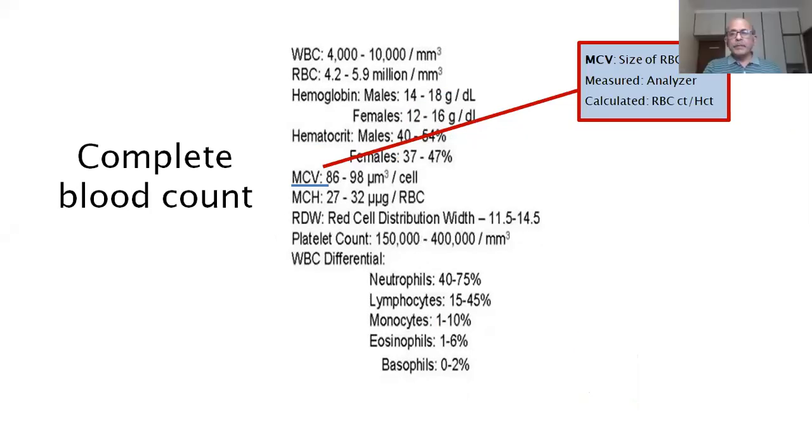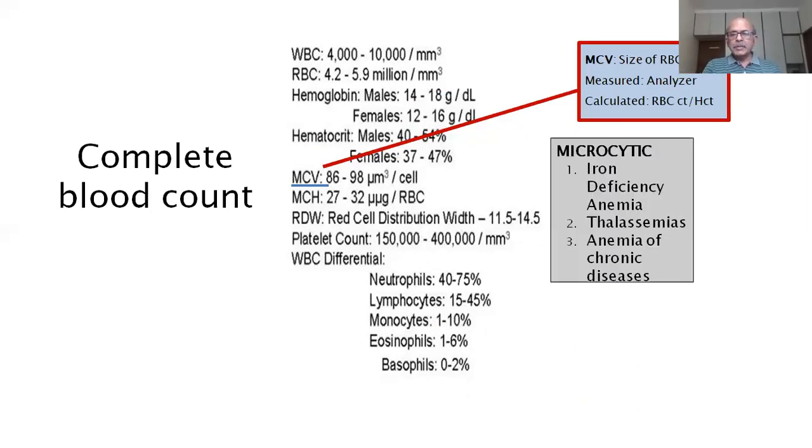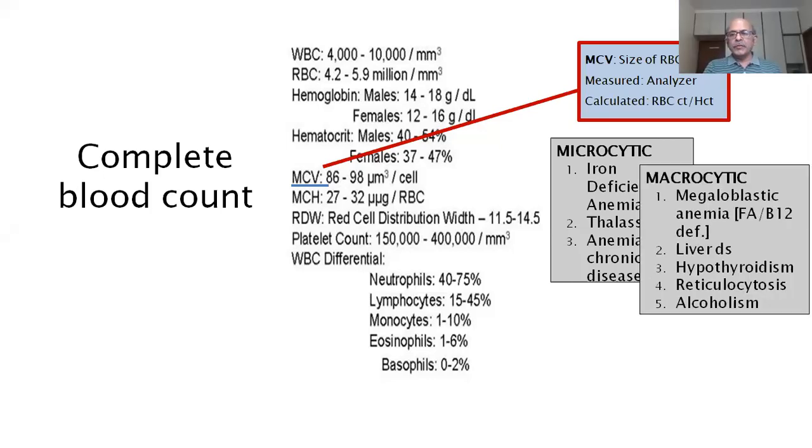Mean corpuscular volume is measured by the machine, and based on that you have either microcytic anemia, the common types of microcytic anemia being iron deficiency anemia, thalassemia and anemia of chronic disease. If the MCV is more than normal, more than 80 or 85 or 90 based on various ages, you have macrocytic anemia. And many of us seem to think that macrocytic anemia is synonymous with megaloblastic anemia. Please understand there are a number of causes of non-megaloblastic macrocytic anemia. You have to think of liver disease, you have to think of reticulocytosis, and in adults alcohol consumption as an important cause of non-megaloblastic macrocytic anemia.